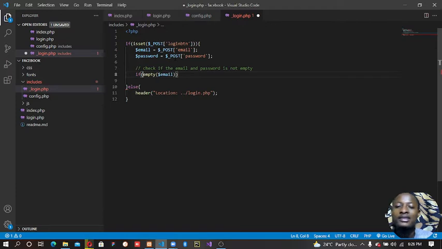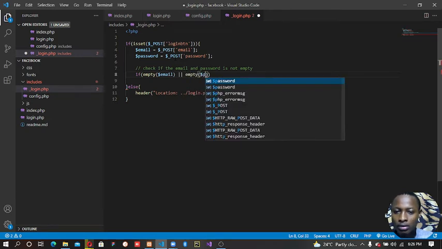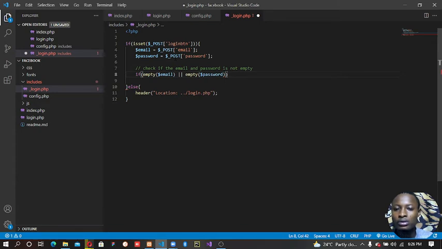If empty email or empty password, so if either of these is empty,